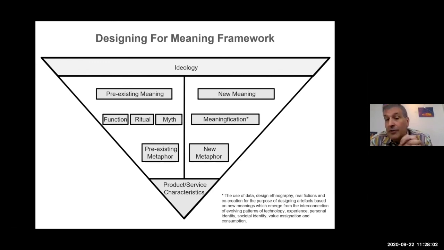If instead we're talking on the right-hand side of the diagram of the new meanings, we have to do what's called meaningfication. We have to look at what's happening in society, what new technology or opportunity have we got now digitally that we couldn't do a few years ago? What element of lifestyle and value does it lock into? How do we connect the dots of these three things to give meaning to this new disruptive, strange innovation? And then let's talk about a new metaphor. Don't call it a car if it's an autonomous vehicle. Don't call it a cell phone if it's a personal assistant. Use names and colors and communication strategies which are appropriate.